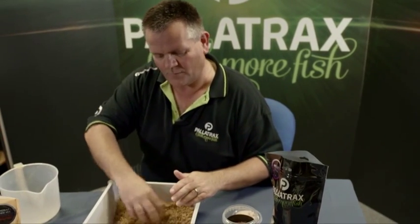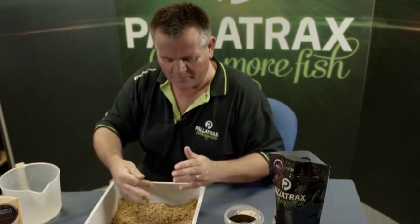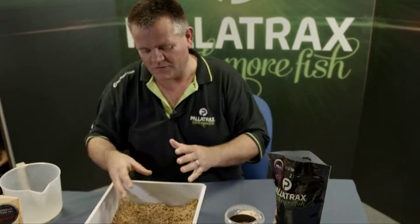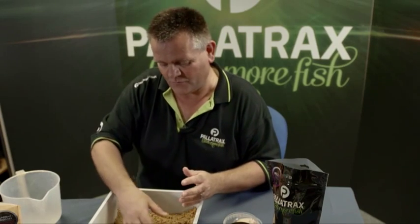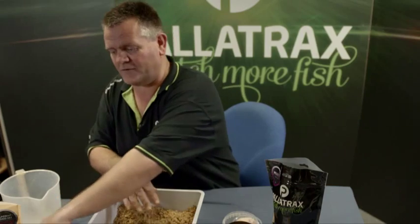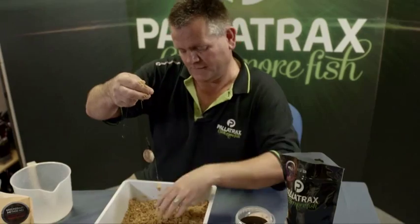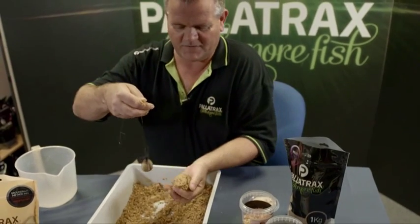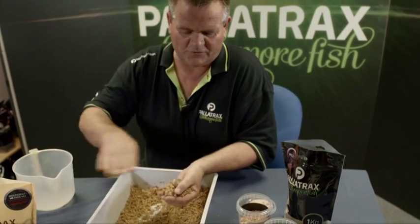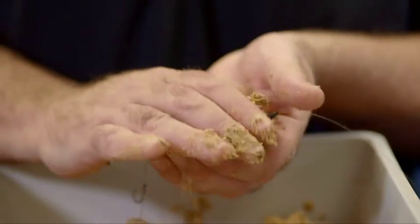And you know that every time you're putting this into your swim, you're putting out a really, really good basis to fish across. So every time, 2 ounces here, 2 ounces here, 2 ounces here. Very quickly after several casts you end up having put a pound of this into your swim, which will never ever be a bad thing. It'll only attract fish, it'll only get the fish going. The stone becomes the method feeder, and so it's really, really very basic. So we just literally take a handful, put another handful on, lob it on,